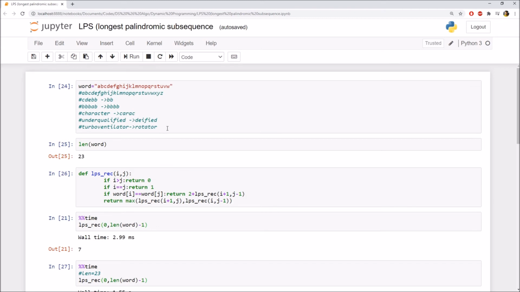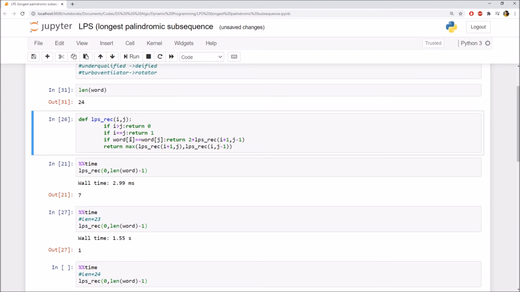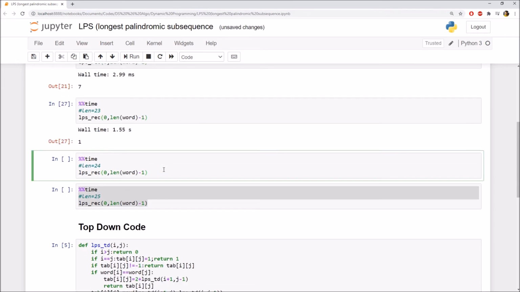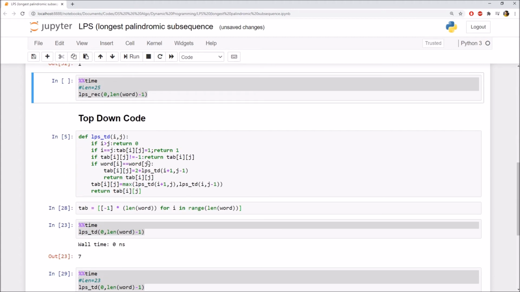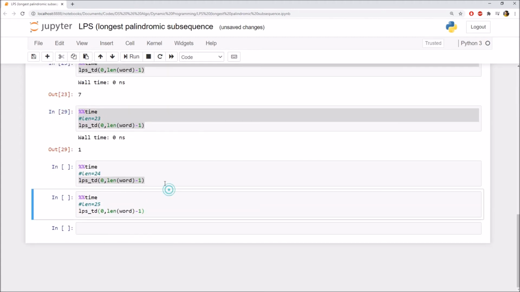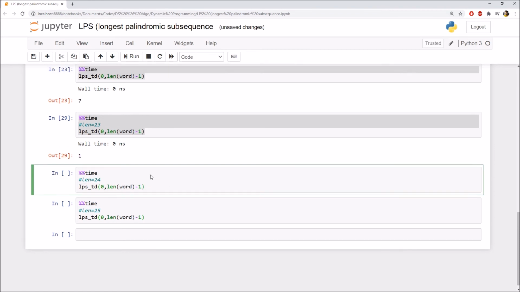Now we will append one more character here, X. Now let's execute the recursive code first. As you can see here, length is 24, so I will execute this particular cell. Now let's see how much time it will take. It is taking 3 seconds. Now let's do the same thing using top-down.